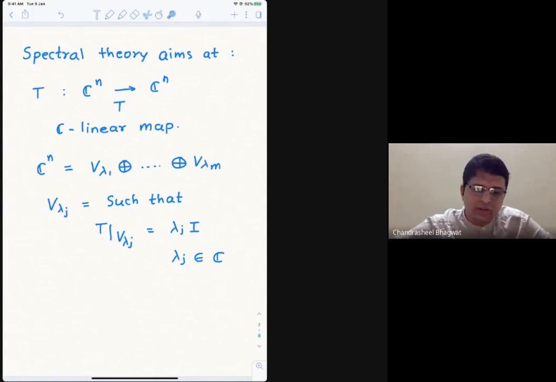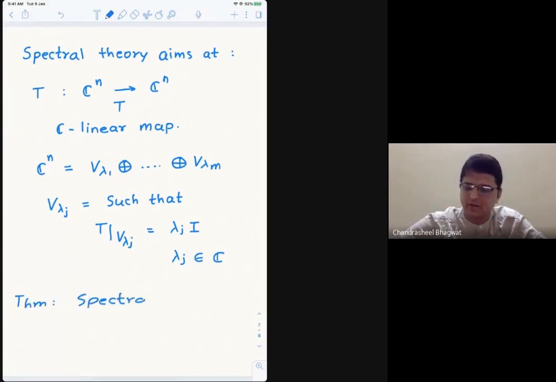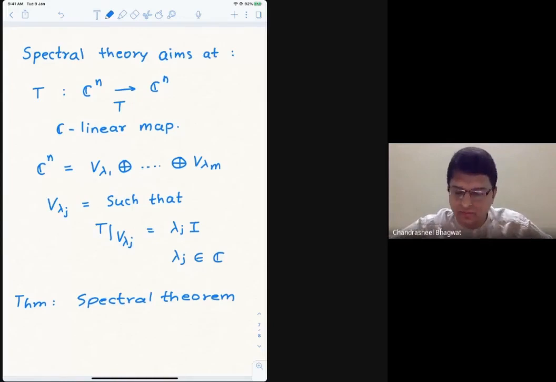So now the question is for which maps it is possible, and I'll just say something. I should state at least one theorem very precisely, which I'm going to do now. After that, everything will be more heuristic. So the theorem is also called the spectral theorem. This is not the scary version of the spectral theorem, because it is for complex numbers and finite dimensional spaces. It doesn't look scary at all.